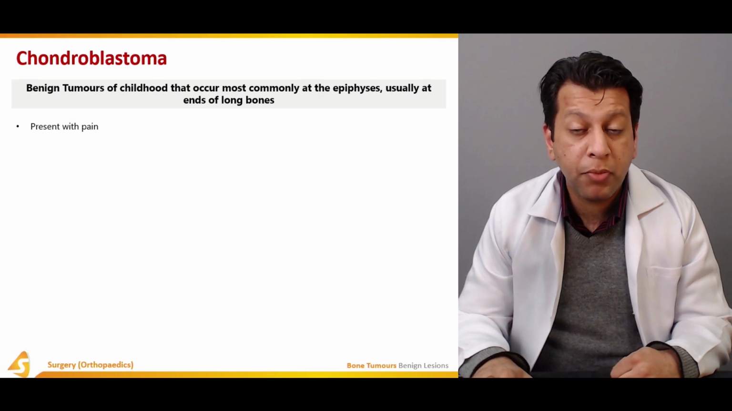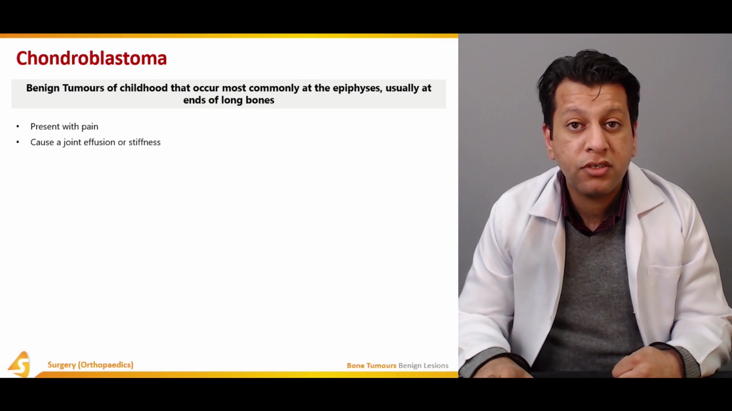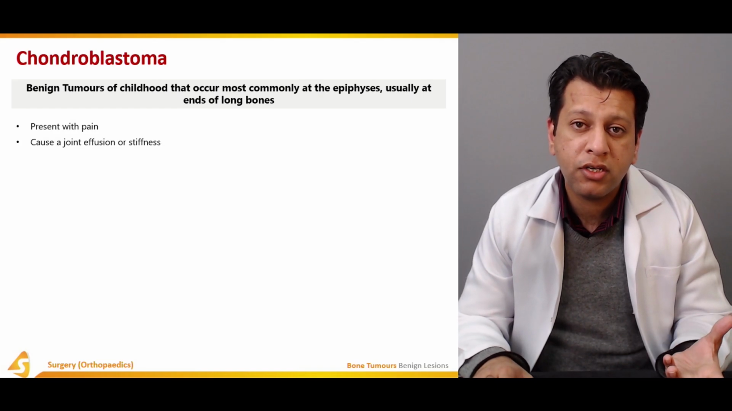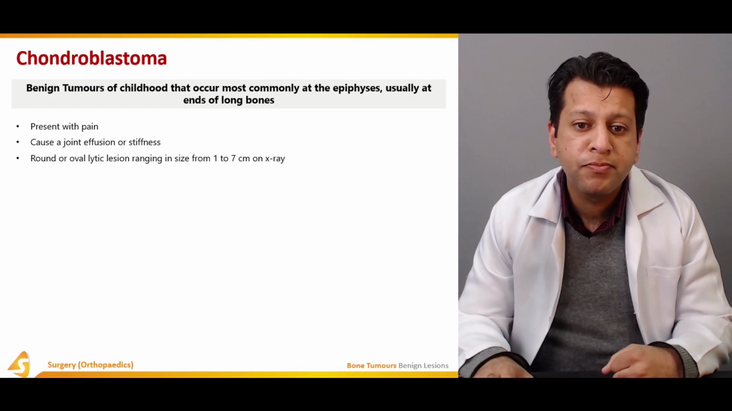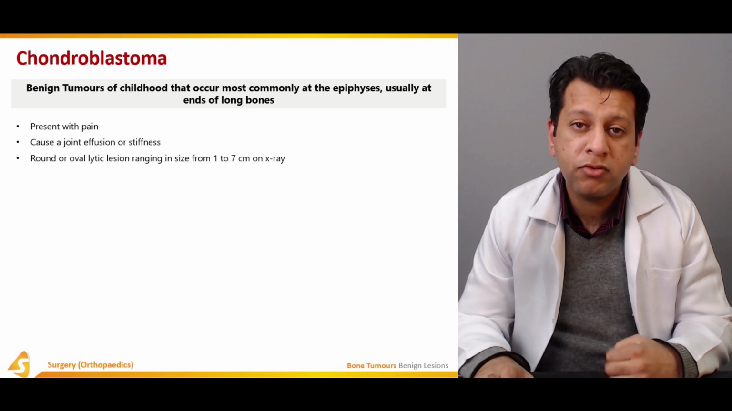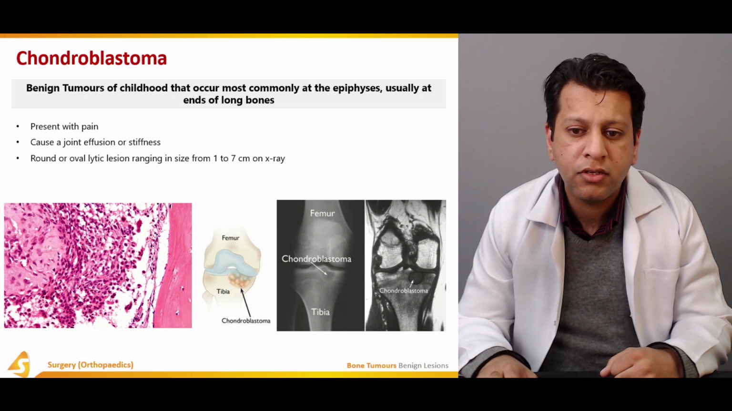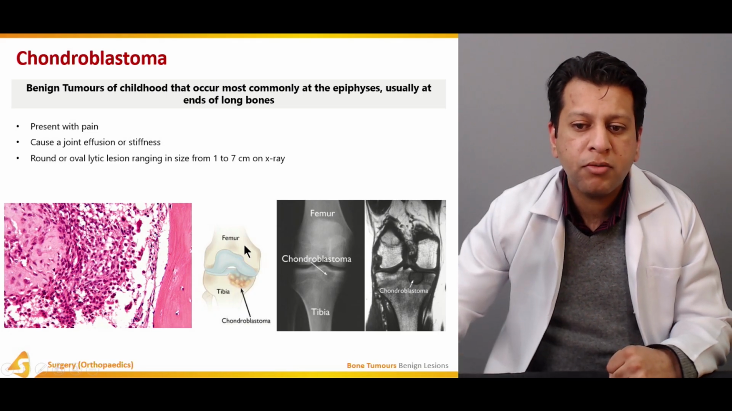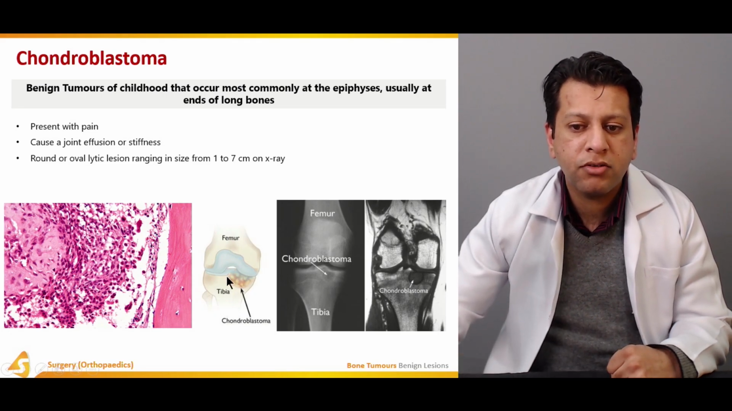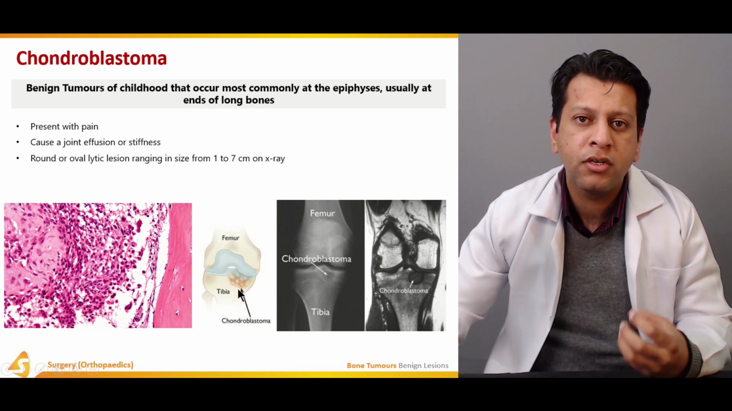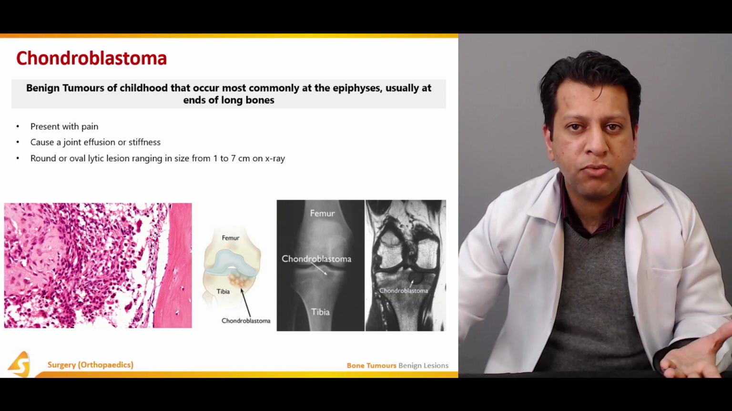It presents with pain, causes joint effusion and stiffness because it's inside the joint, usually in the epiphysis. Radiographically it is a round or oval lytic lesion ranging from 1 to 7 centimeters. It could be of any size, but usually the common area is the epiphysis, and the most common area is the proximal tibial epiphysis. Now, if a child comes to you with a proximal epiphyseal lesion around the knee, then probably it is